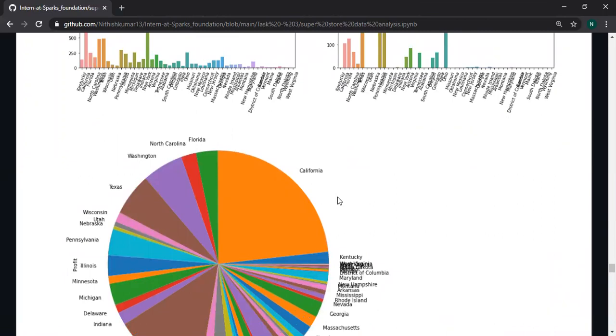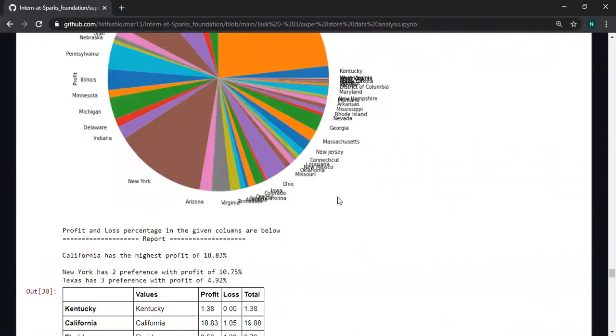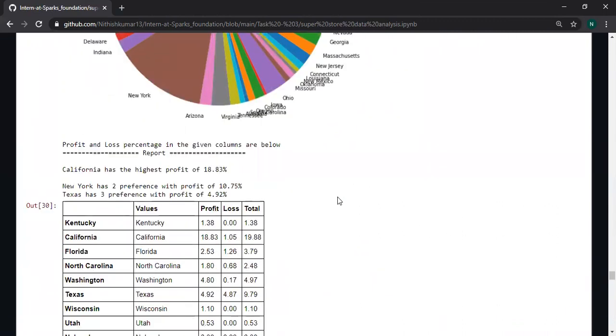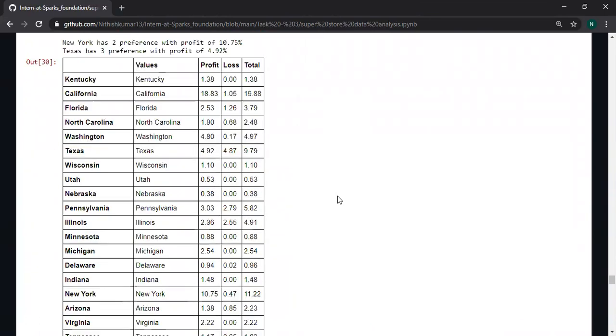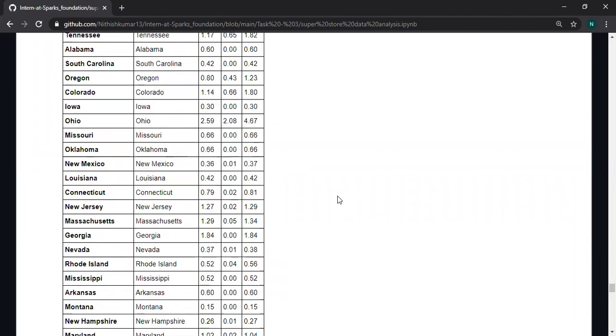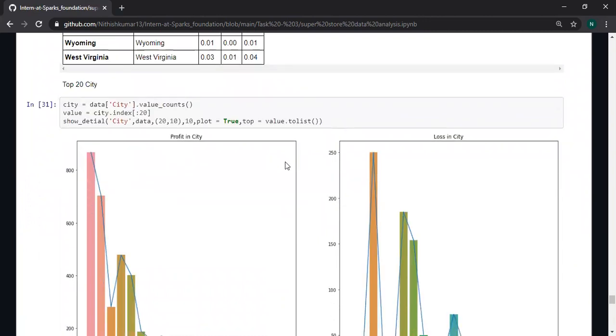The state California has the highest amount of profit. I am just using the top 20 cities as an input for the function.